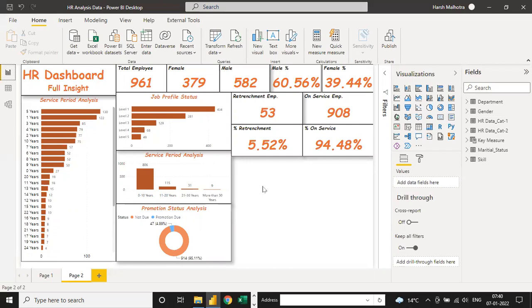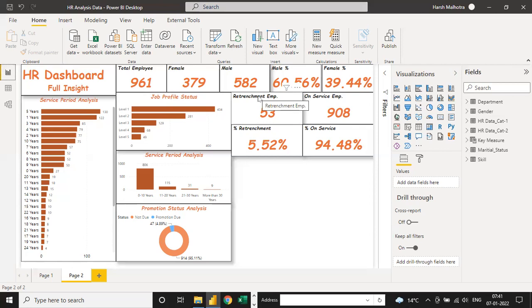See, in Power BI you have almost all the alternatives for your task. For example, here in the card chart you have two options: either you can see it in the name or you can see it in the title. It means you have two options in Power BI to make the visualization. In the same way, you have two options to combine data into a fact table. Suppose you have two tables, one fact table and one dimension table. Either you can use the relationship method or you can use merge query.